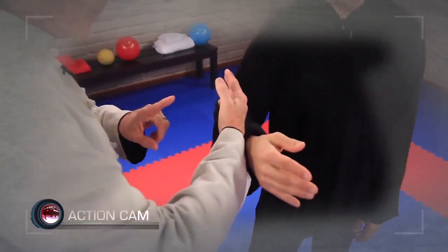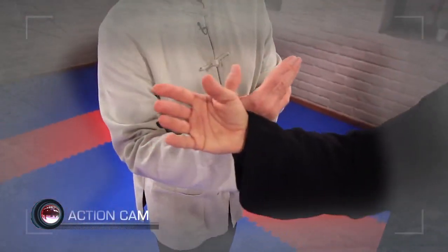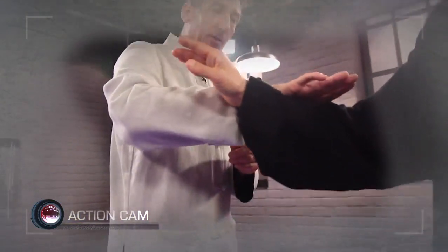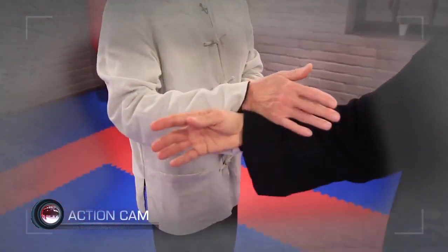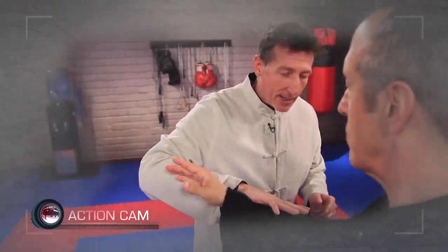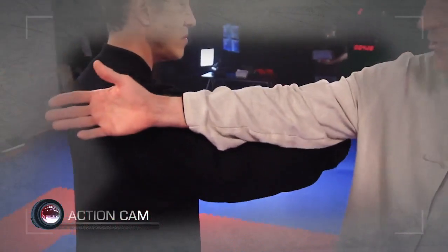The first one, the pivot, is when the 2 hands stay together on a single point of connection, but pivot around each other. The second technique, the roll, is when you see the hands, the arms, literally rolling over from top to bottom, from bottom to top, palm down, palm up, rolling in this direction. And the third technique is called the slide, in which we can see the arms sliding forward or sliding back or even sliding around,